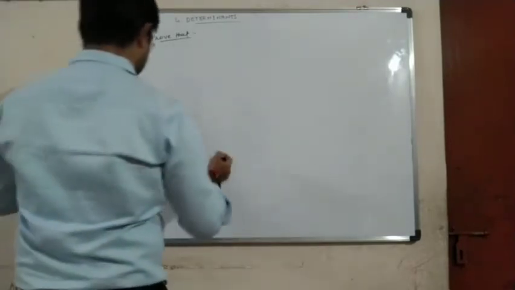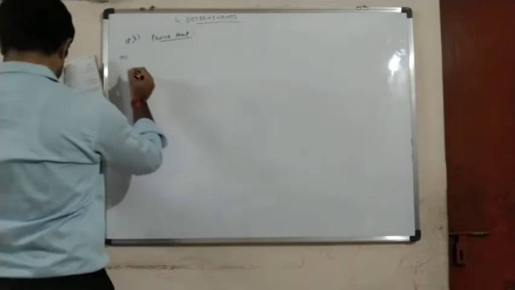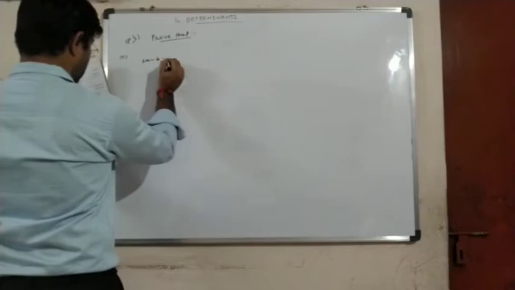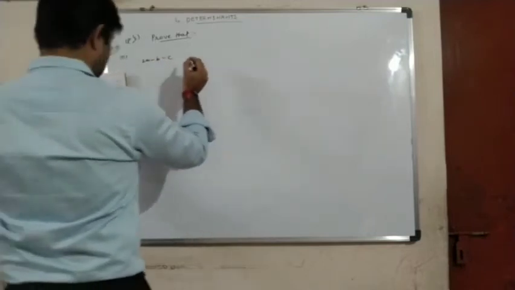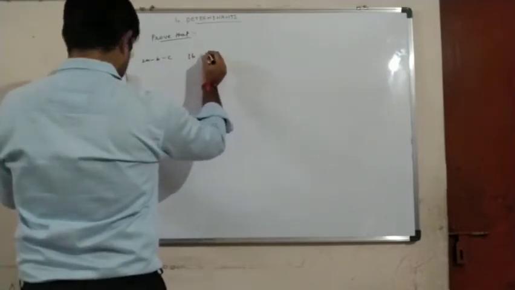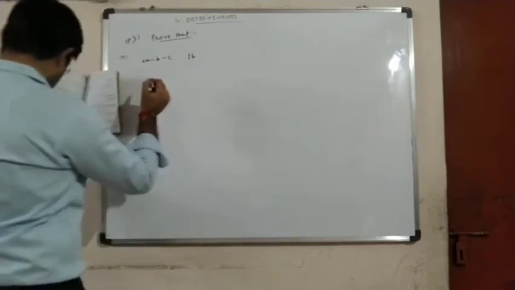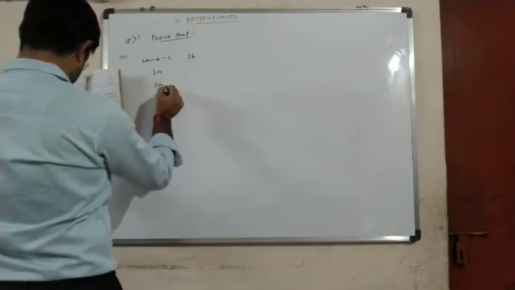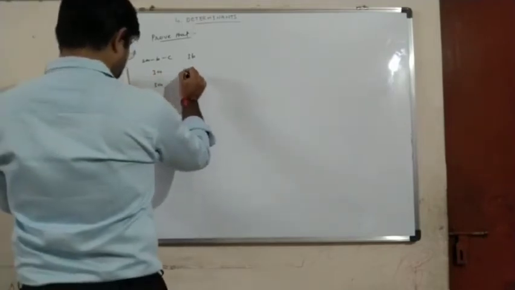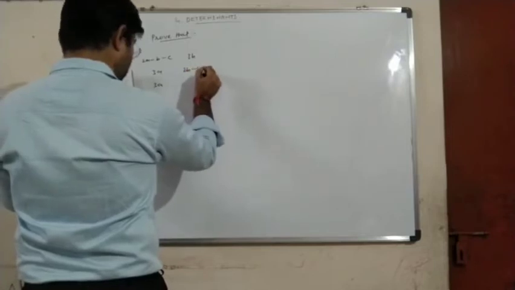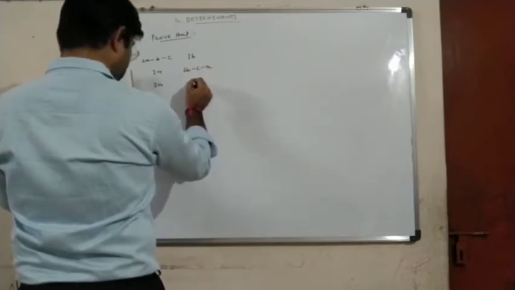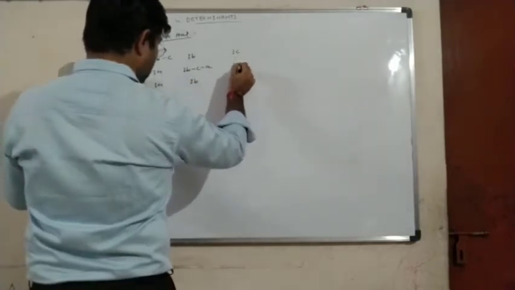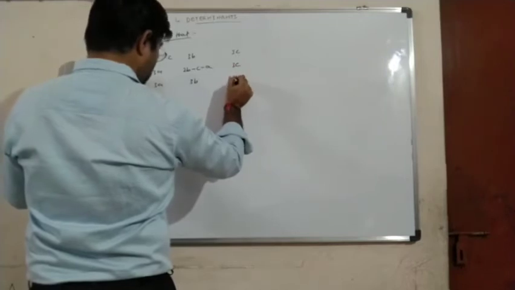Okay, now question number 8, second one. We have 2A minus B minus C, 3B, 3C. Okay, 2A minus B minus C, 3A, 3A, 3B, 2B minus C minus A, 3B, and 3C, 3C, 2C